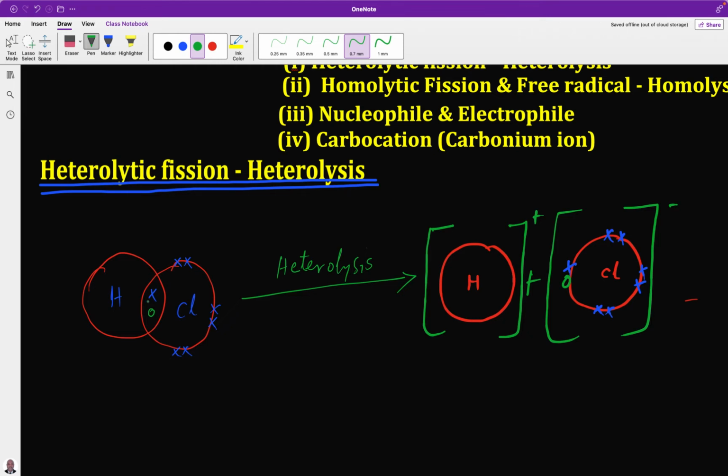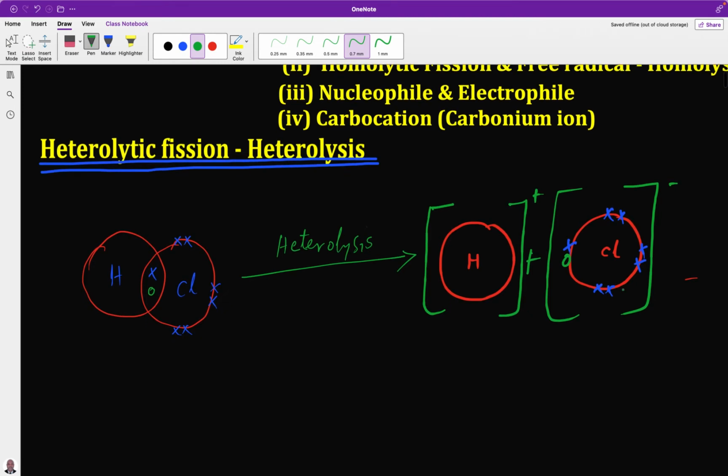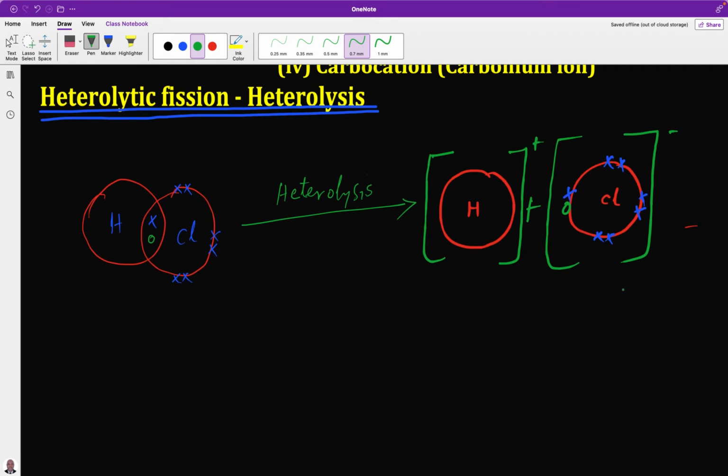So both electrons used in the covalent bond are taken by the chlorine, which is the more electronegative atom. We can represent this in an equation form like this: hydrogen chloride to give